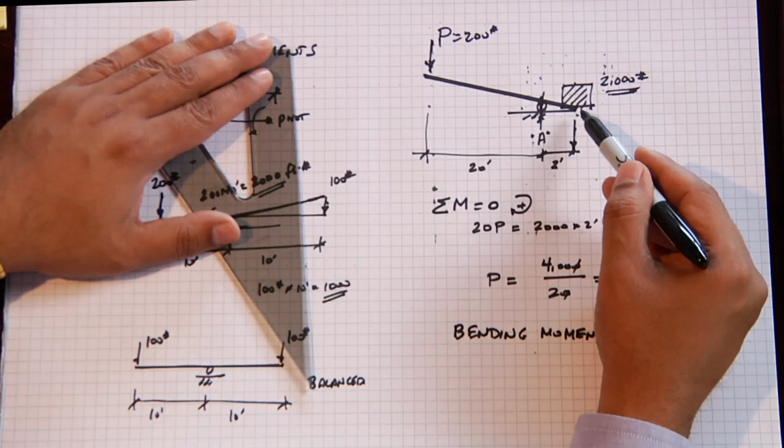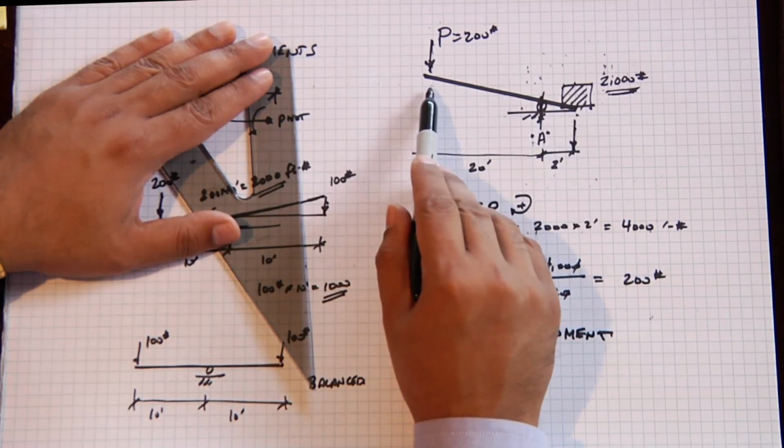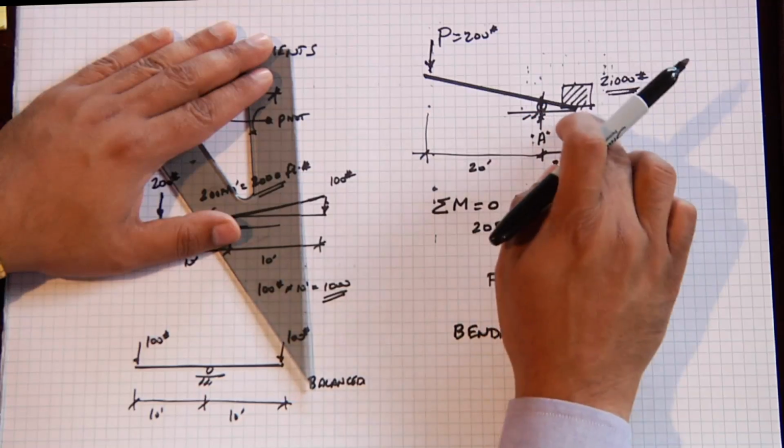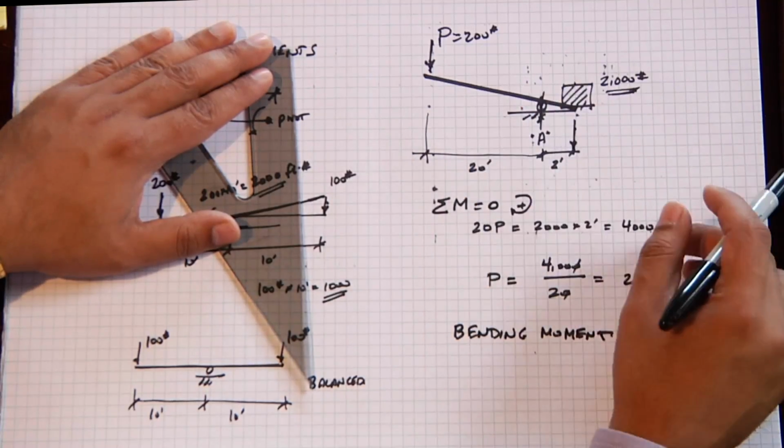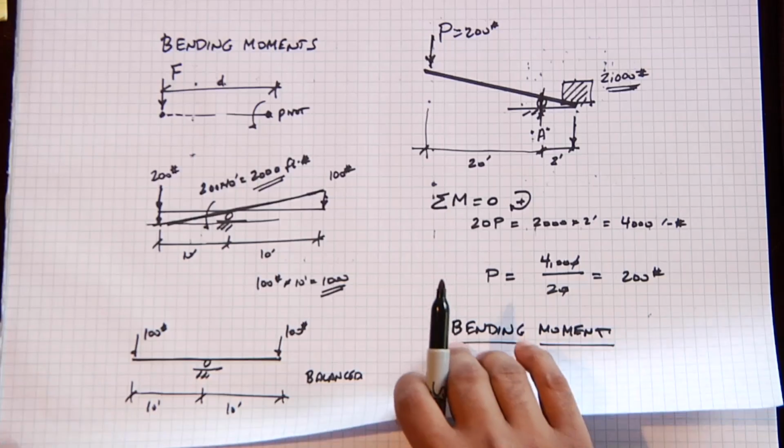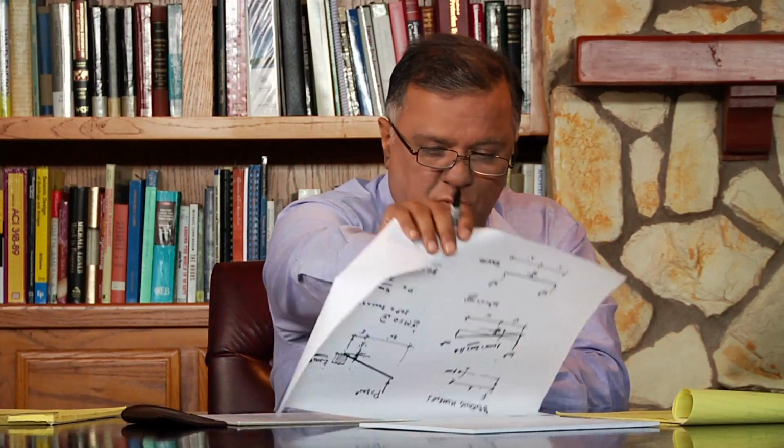And that's exactly the way we lift heavy cars. We use this principle of leverage in order to be able to lift a heavy car using a hydraulic jack. So bending moment is very important in terms of understanding a structure. So let's move from the seesaw